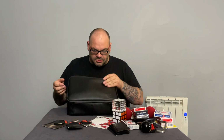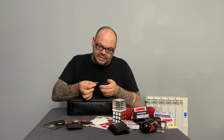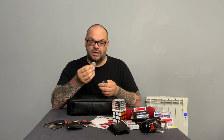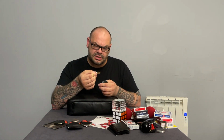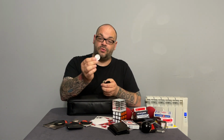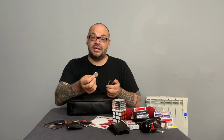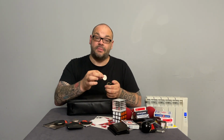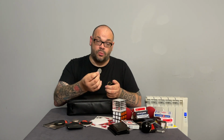I use that sometimes. I don't think I actually used that day, but I do use it quite a lot. What we have in here is a pure silver 1964 silver half dollar. Beautiful coin, absolutely beautiful coin. It's actually a set of 5. The other 4 are up at the house, I remember this because I left them in my pocket, other than one,